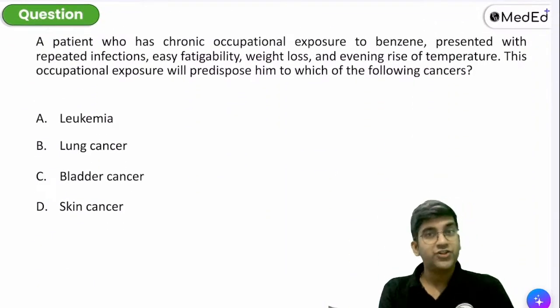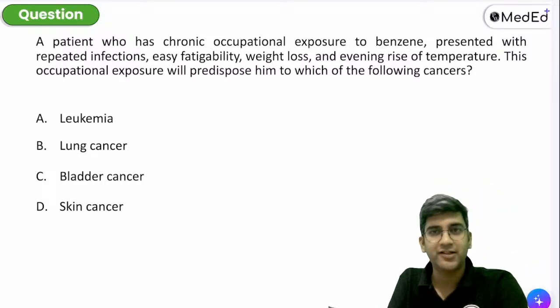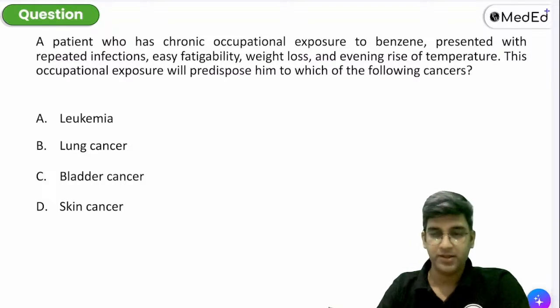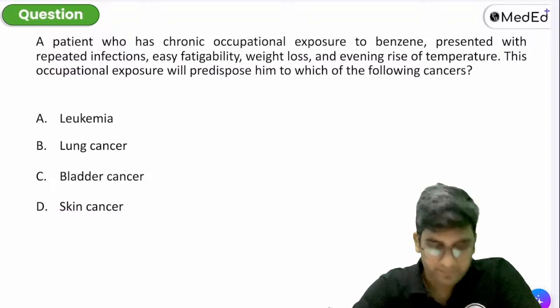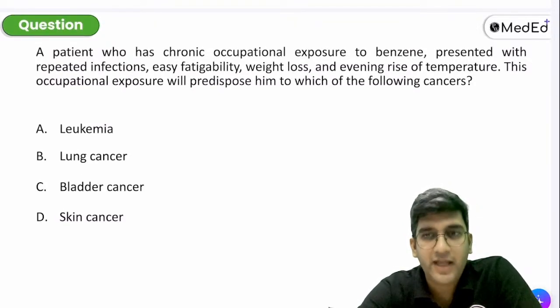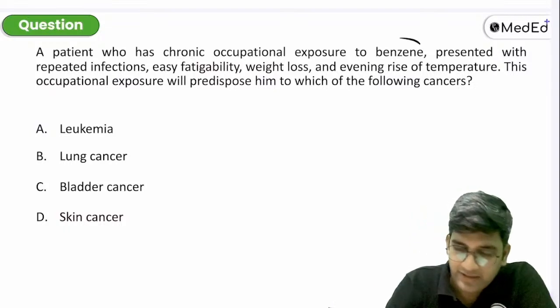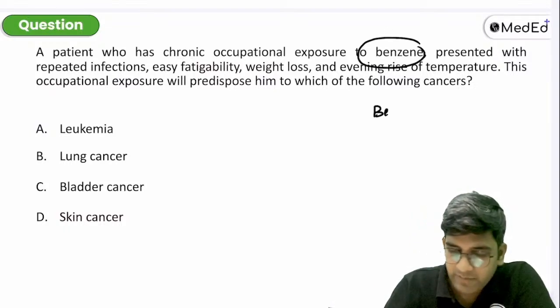Okay, this is a question in the NEET PG exam. Most of your seniors again fought on something which is irrelevant in this question. Tell me what's the right answer and let's discuss this question. What's the right answer? Okay, A, Rahul with A, Sri with A, Nitin with A. Okay, great. When this question came in an exam, most of your seniors said that some of them said it's benzene. Some of them said it's benzidine. And so they are fighting.